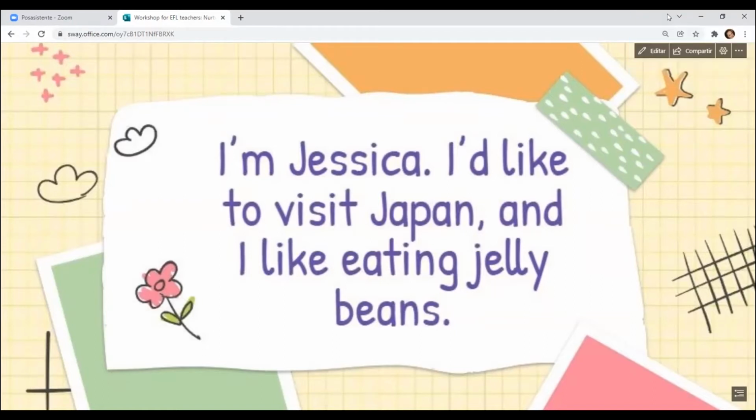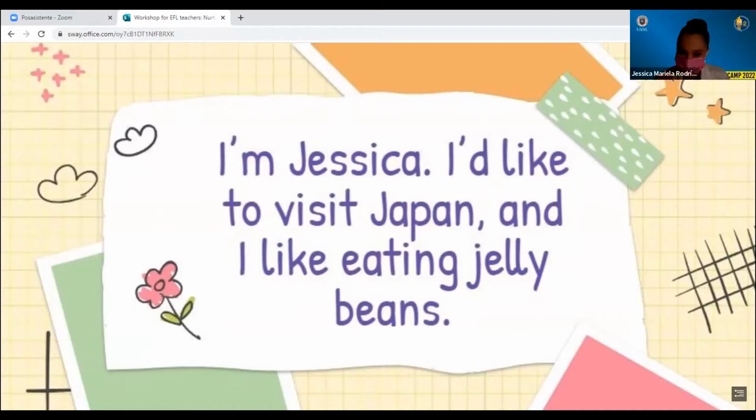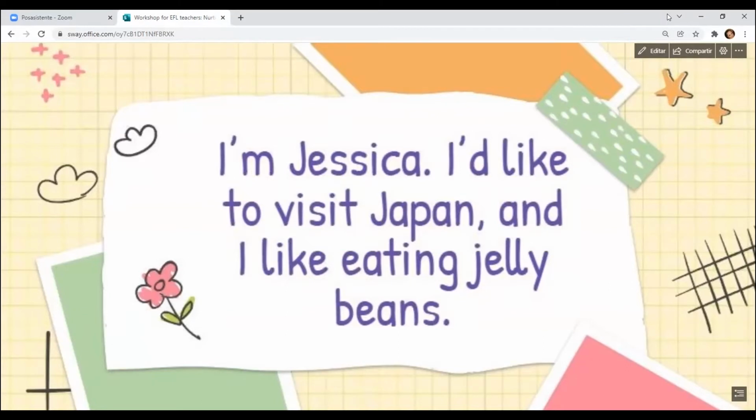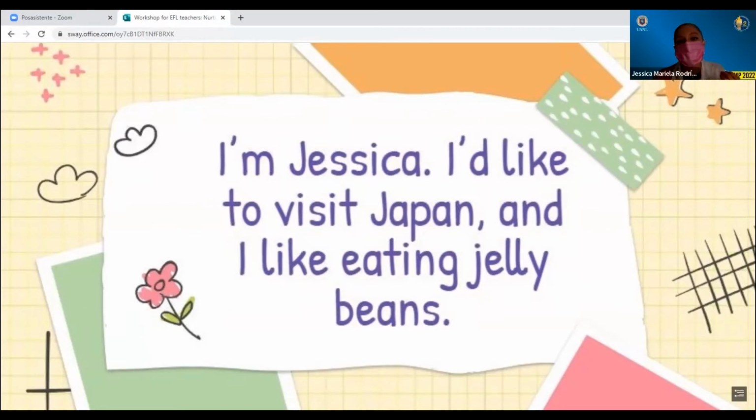And I like eating nuts. Nuts, very good and very healthy. Did you see? Yes. Thank you. This is what we really want to do in our students. We have to push our students to think about different ideas, different concepts, different words, to have more, to brainstorm. And that is one of the objectives of this workshop, right? To brainstorm, to create, to elaborate, etc.